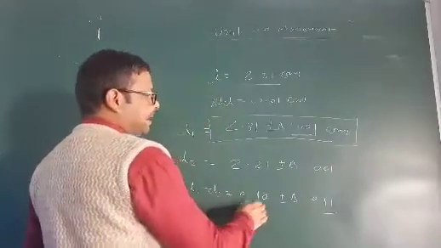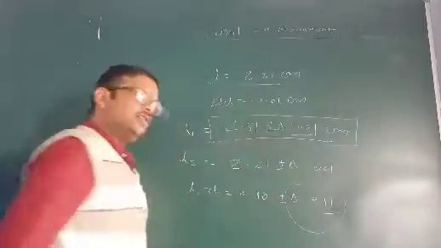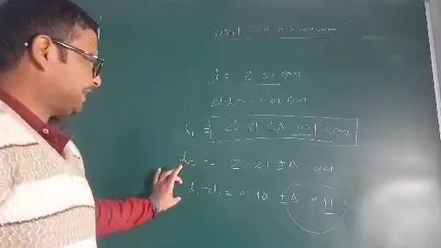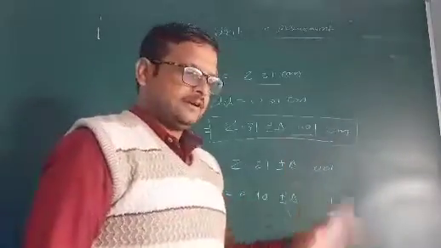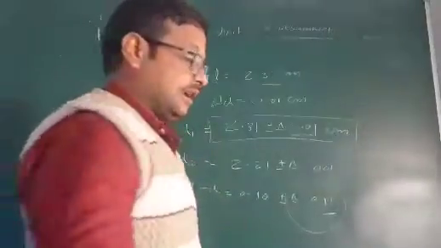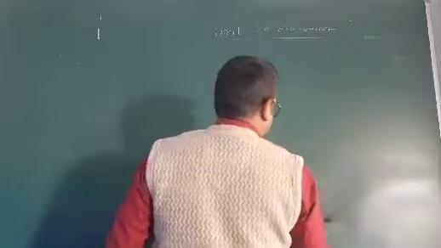Subtraction, but the error will be the same. Error is always added. In case of addition and subtraction, error is always added. So what about multiplication and division? In case of multiplication and division, how will you play with error?